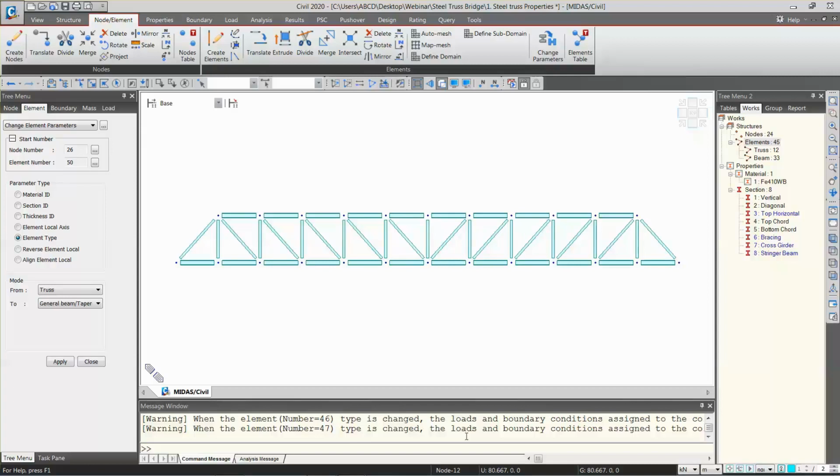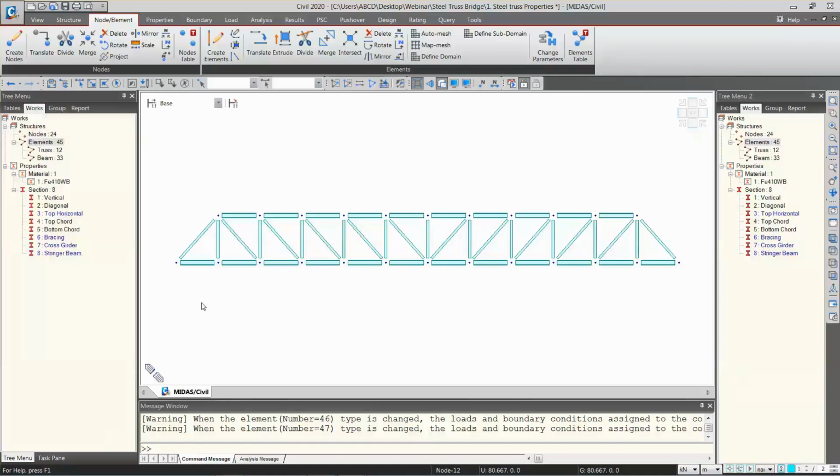A truss cannot have beam end releases, right? That is why it gives the warning that some boundary conditions could get deleted. So this is a generalized warning. Right now we will ignore this and close this.